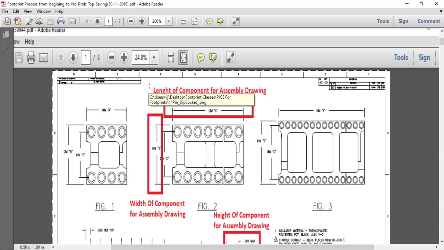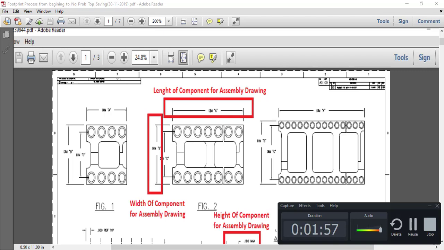The assembly drawing represents the physical body of the component, not including the pin to pin. The physical casing of any component is represented by the assembly outline. So the assembly outline is the physical representation of the component inside the PCB. Clear?